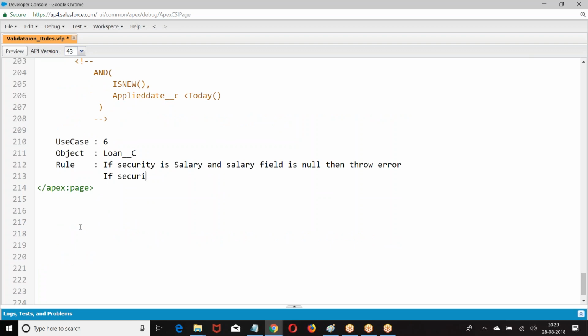If security is asset and asset cost is null, there are two conditions involved. If first condition is true, throw error message, or second condition is true. What is the first condition? Security, salary, null. What is the second condition? Security, asset cost is null. So if first set is true or second set is true, throw error message. Now write the validation.